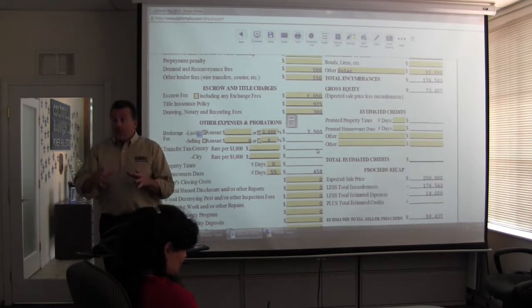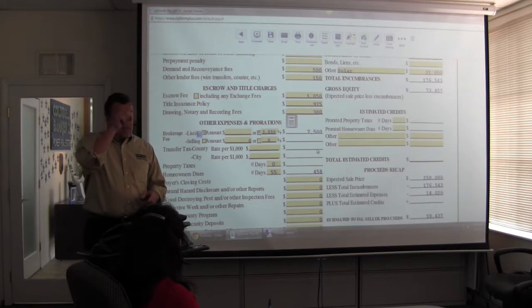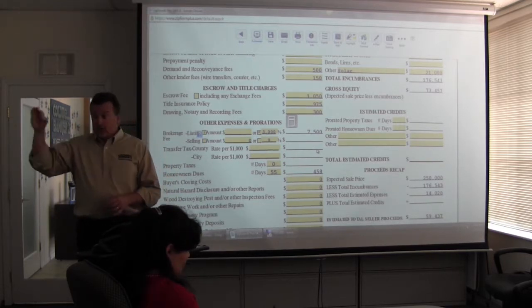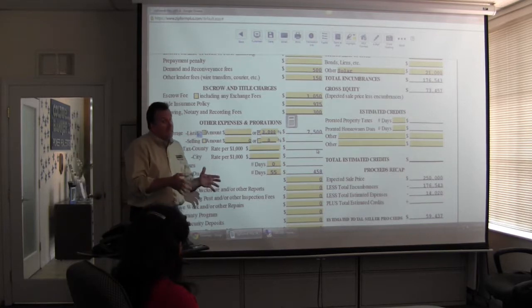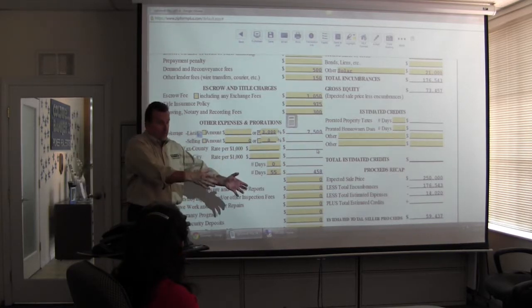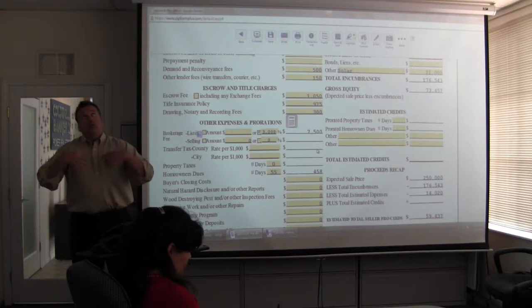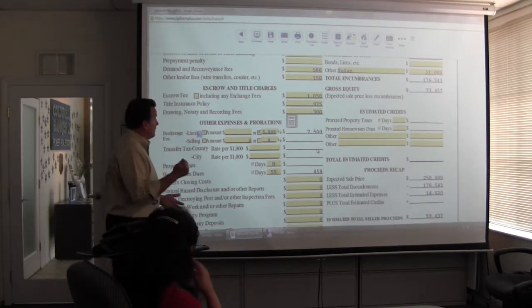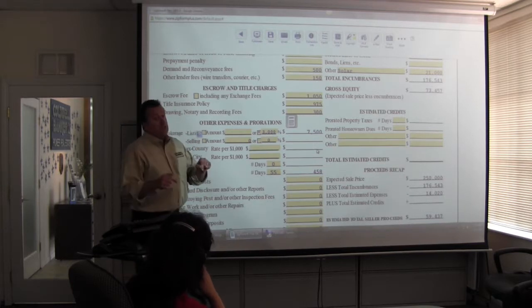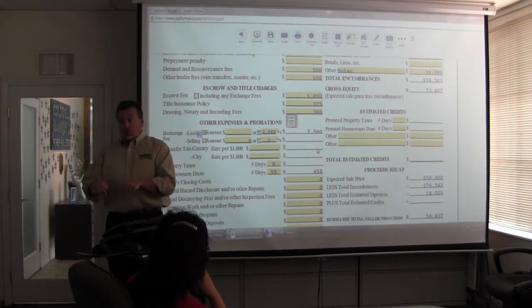Okay, 1031. That's the number. 1031, tax deferred exchange. It's IRS code that says if you exchange like-kind property, a rental property for a rental property, you can defer the tax and yada yada yada. We do a whole class on it, which I haven't done in a long time. We're going to do one. If this property was a 1031 exchange,